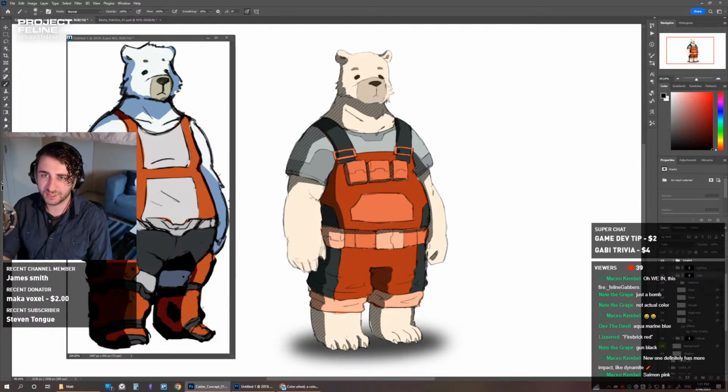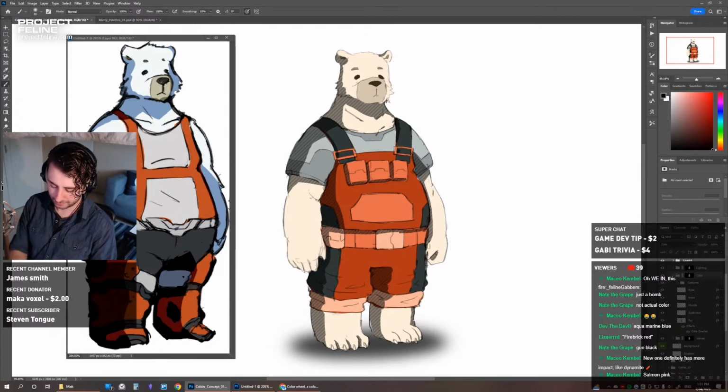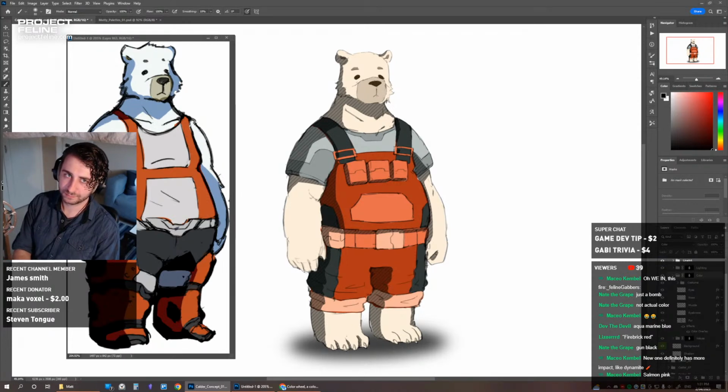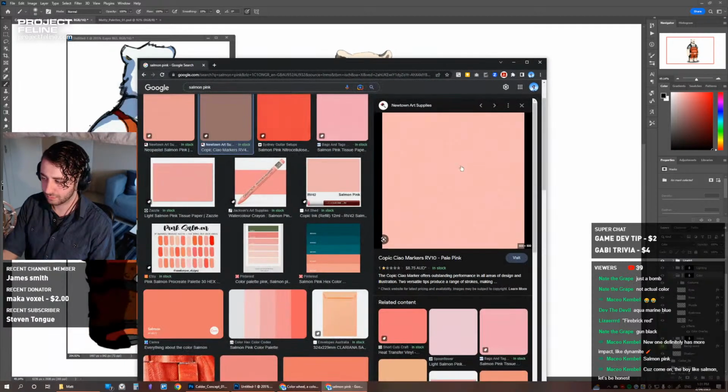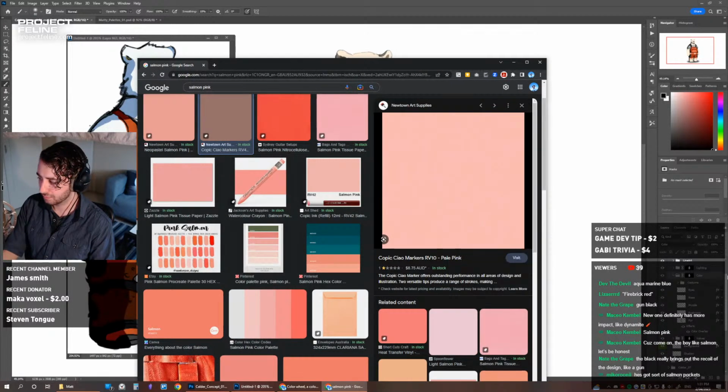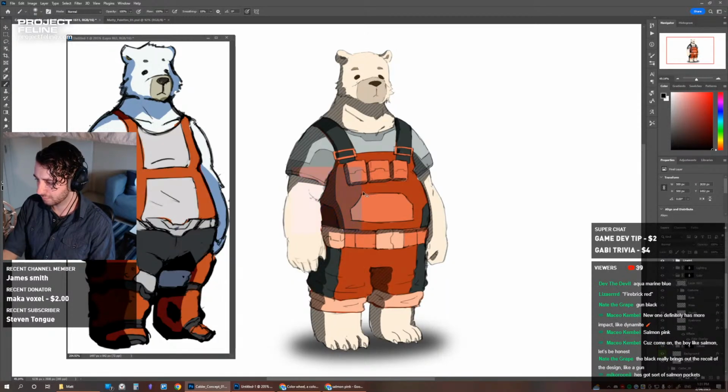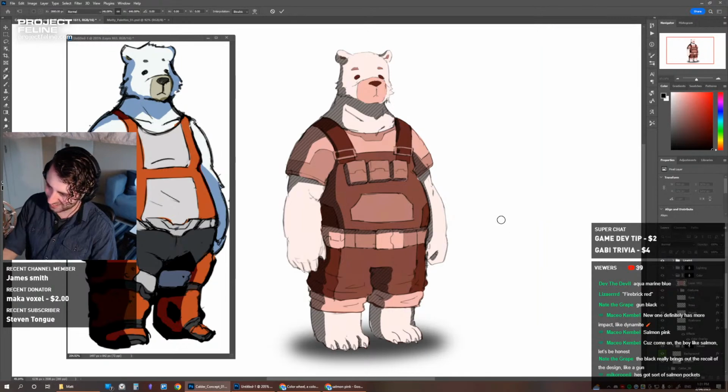What does salmon pink look like? Salmon pink. Huh. It makes it, I don't know.